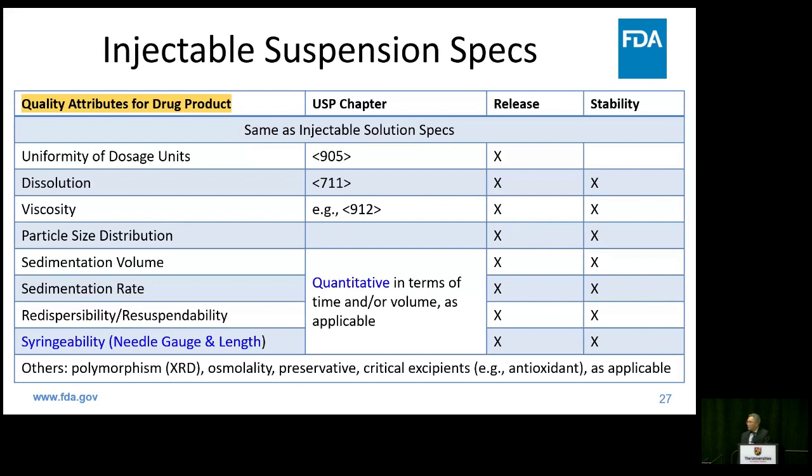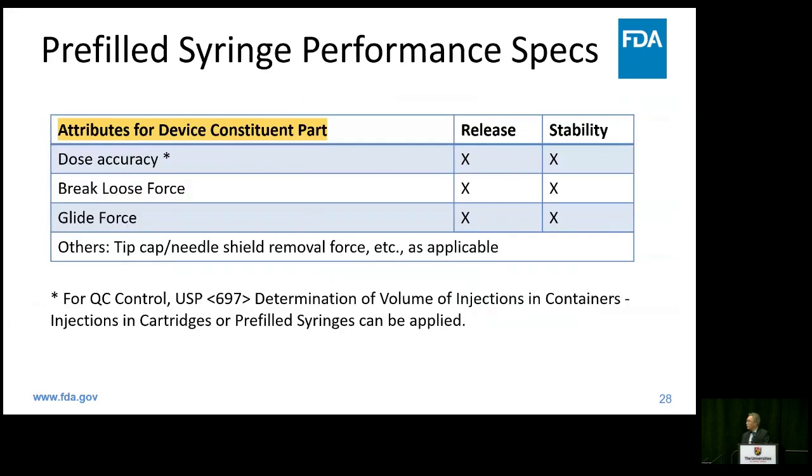So to ensure the serviceability, that there's no clogging during preparation and administration, you will have to conduct the serviceability test using the appropriate needle and gauge per labeling. For the prefilled syringe